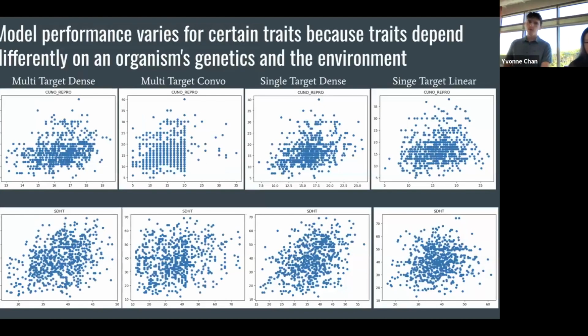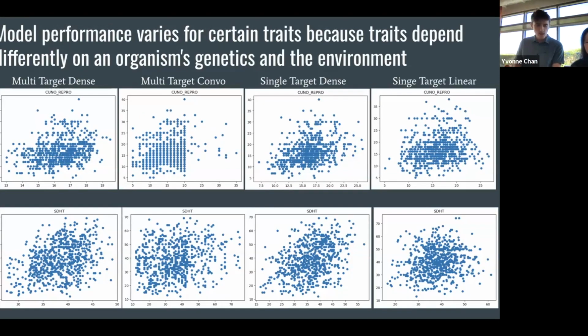So model performance also varies for certain traits because traits depend differently on an organism's genetics and the environment. As you can see in here, the data is not very linearly distributed. It's kind of random and all over the place, which shows that there's less correlation between the prediction values and the actual values. The reported score for each of these graphs was probably a lot less than those on the